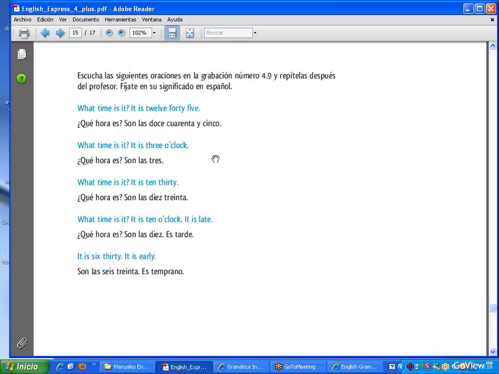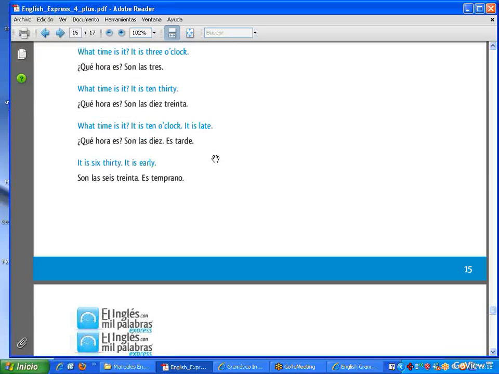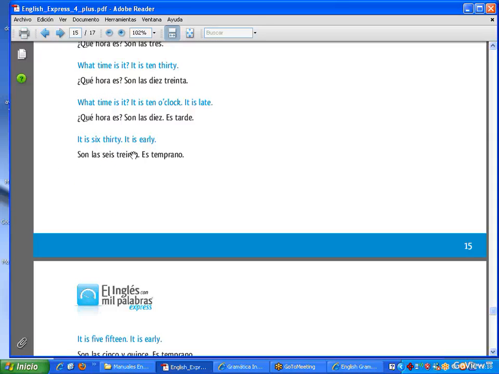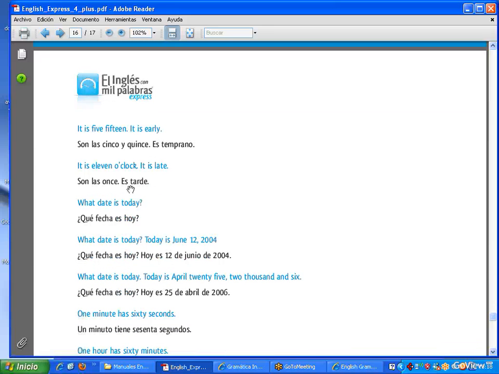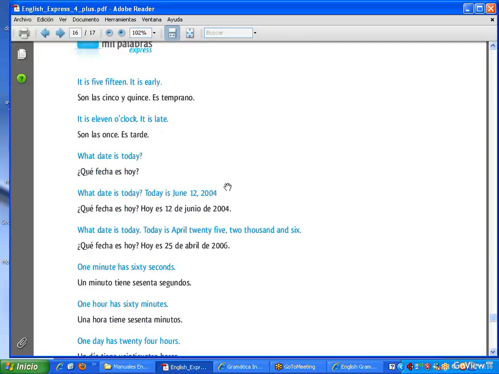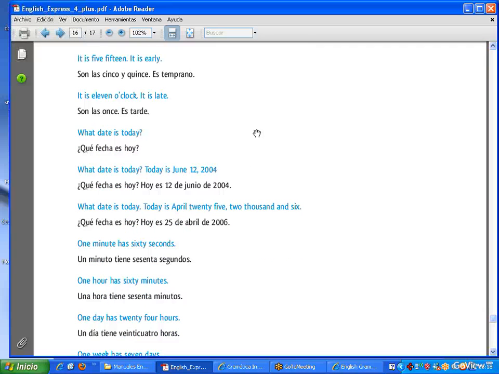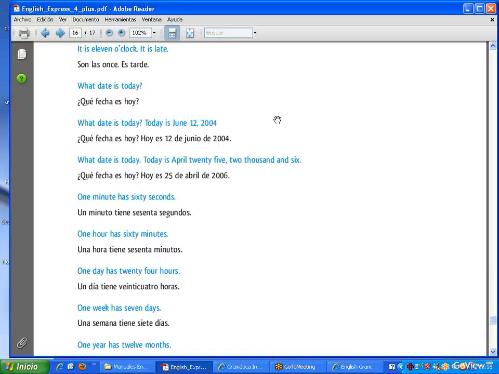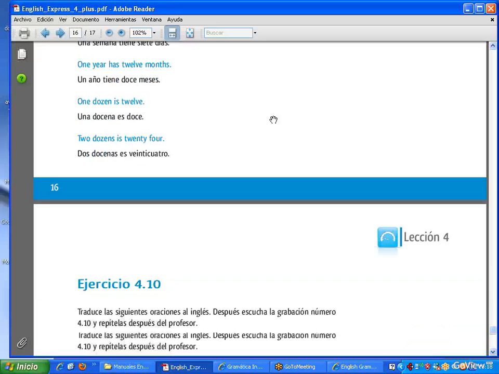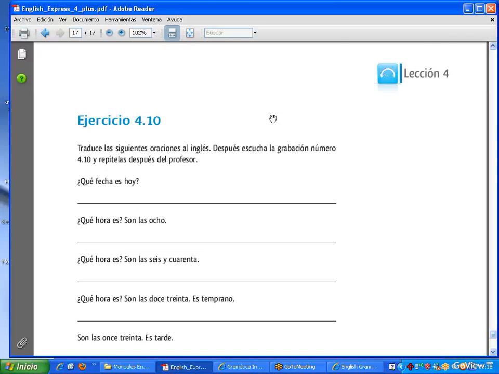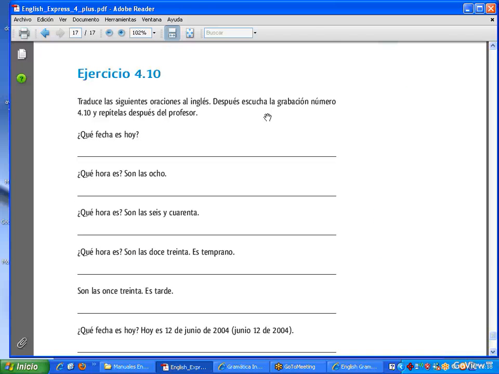Many, many different ways. Exercise 4.10. You have to translate the following sentences to English. Okay? What date is it today? What date is today? What is the time? It is 8 o'clock. What is the time? It is 7:40. Okay? A lot of exercises to do. Okay? So after you do this,